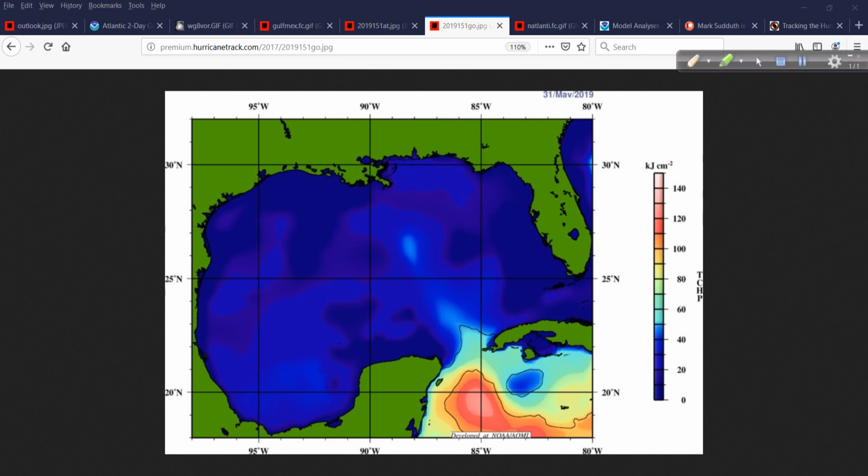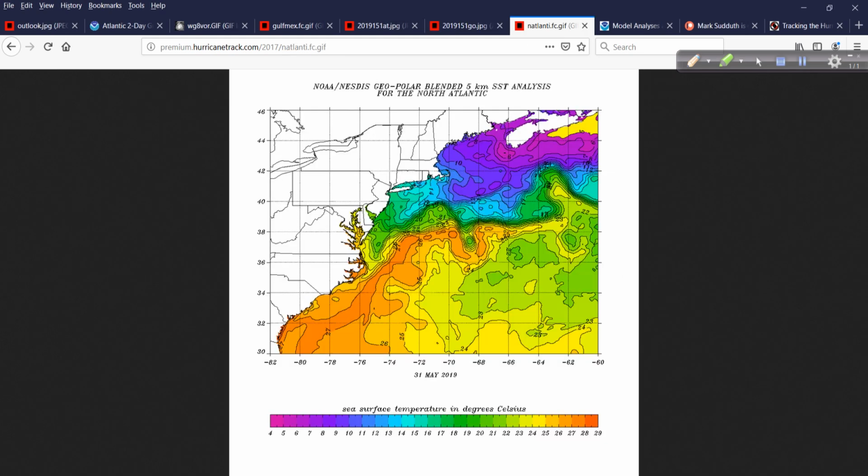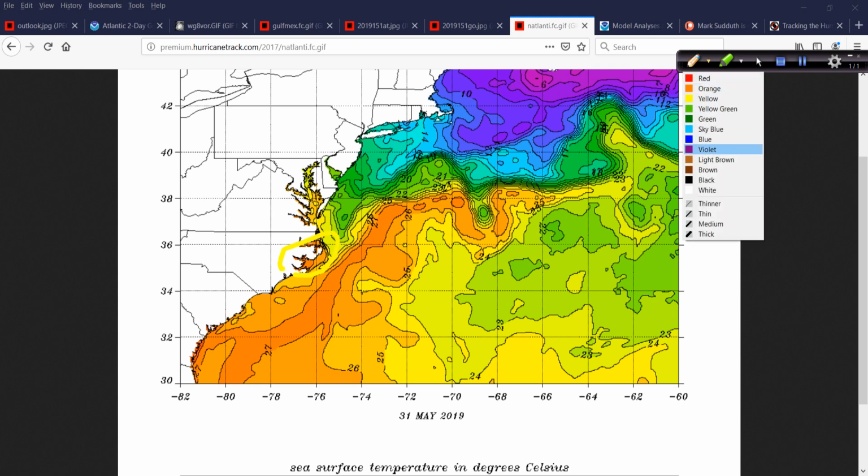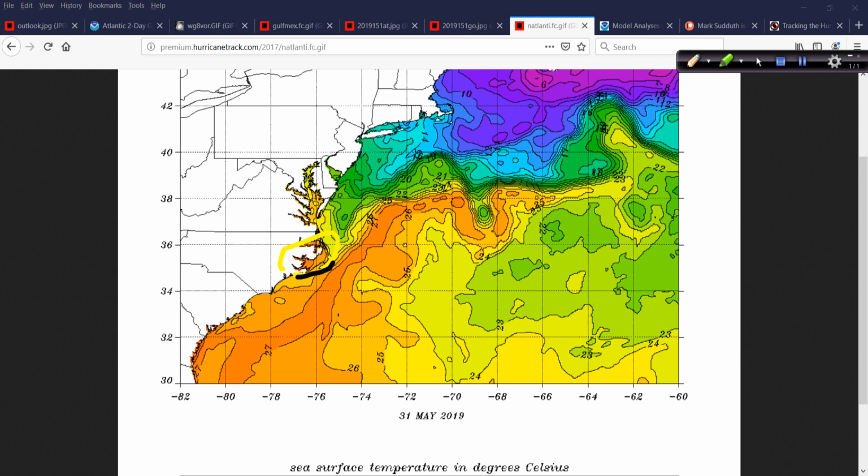So the bottom line, water temperature is not a limiting factor for the system 91L. Real quick, a look at water temperatures off of the mid-Atlantic and southeast coast. All, for the most part, Pamlico Sound, go back to black over here, yeah, there it is. Pamlico Sound, warm enough. Neuse River, Pamlico River, all the way down, New Bern, Washington,